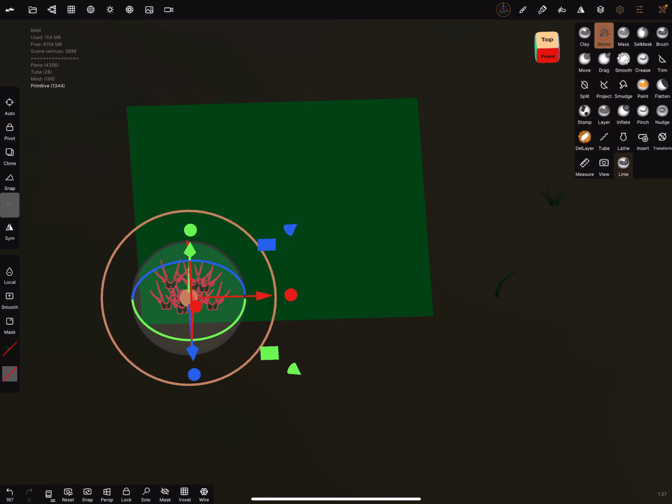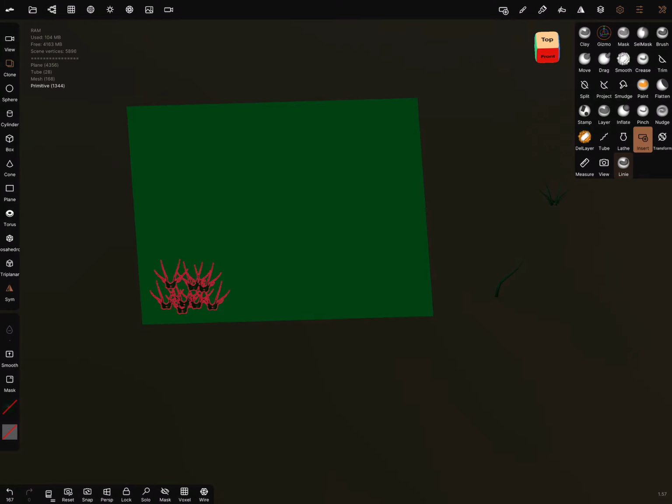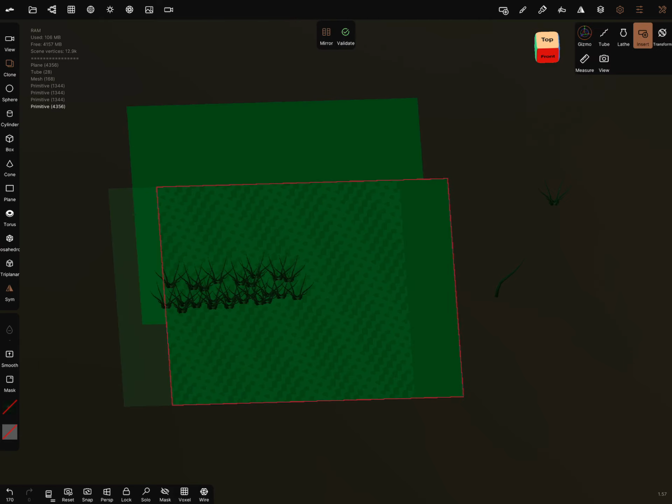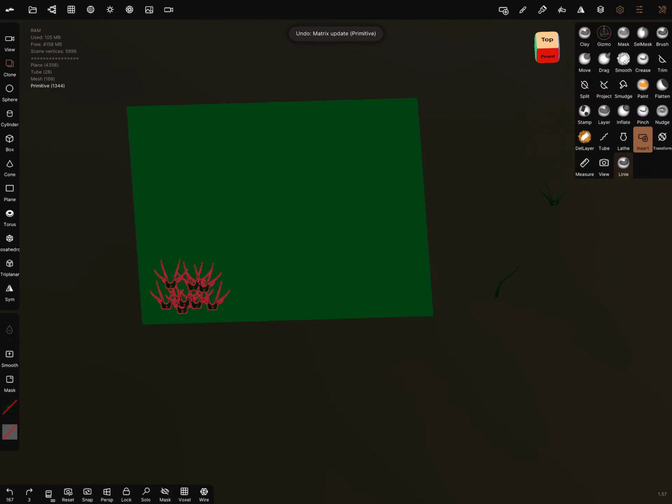Okay, and now go to the insert tool again and turn the symmetry off, and sorry, and look at the bottom. I have the lock button.